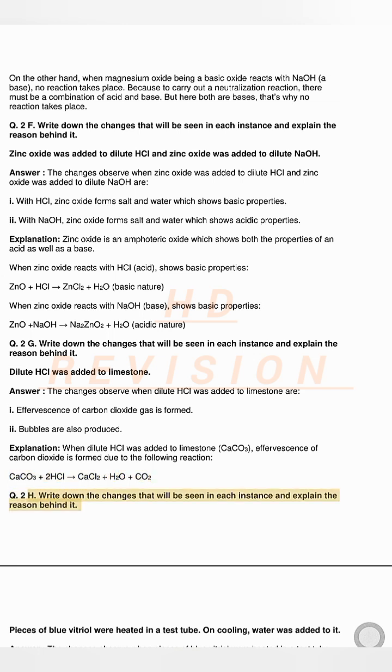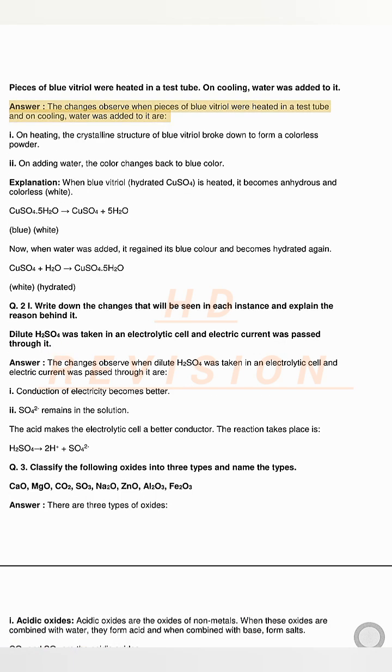CaCO3 plus 2HCl right pointing arrow CaCl2 plus H2O plus CO2. Q2. H. Write down the changes that will be seen in each instance and explain the reason behind it. Pieces of blue vitriol were heated in a test tube. On cooling, water was added to it. Answer. The changes observed are: